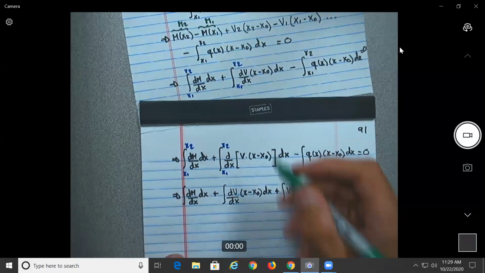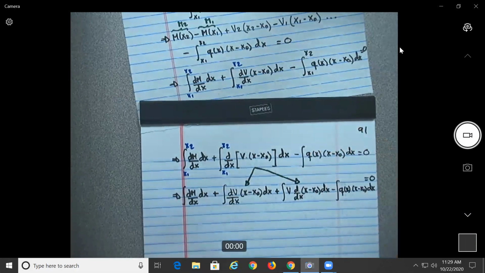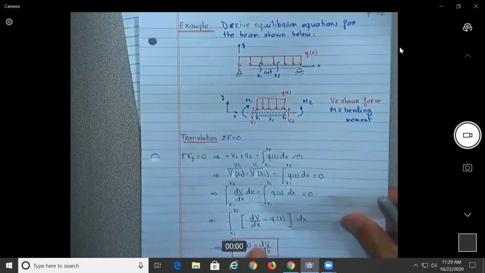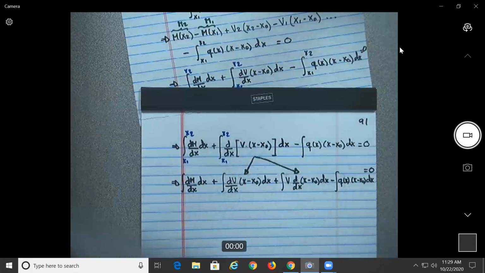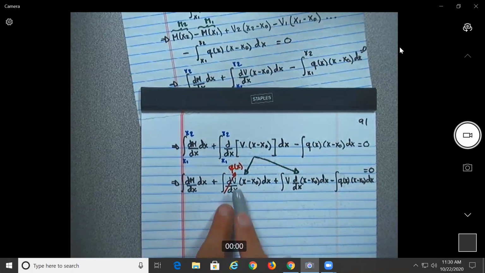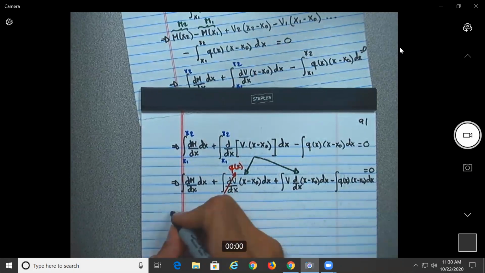Equal to 0. So basically this term over here gives these two terms. And from the first derivation, we had that dV/dx is equal to q of x, okay? So we know that this term over here is q of x. So what you're going to see is that this term is going to cancel this one. Basically, that is what's happening, no? Okay. The second term is going to cancel the last term. So here we're going to get at the end that you're going to have